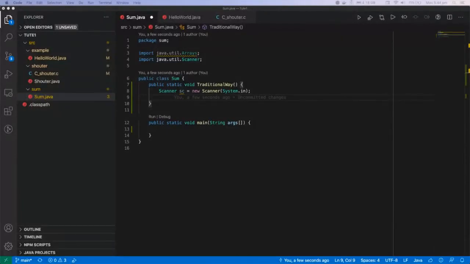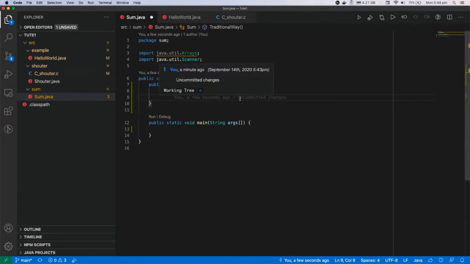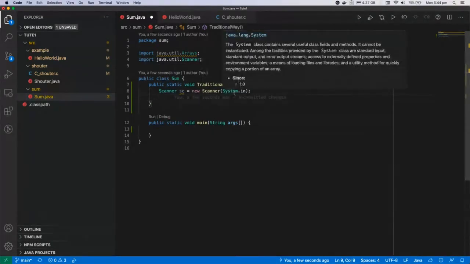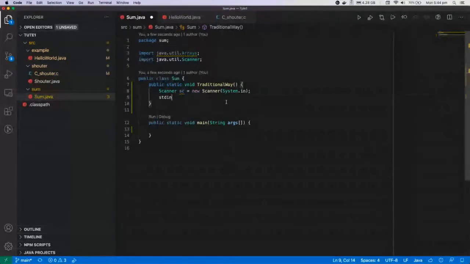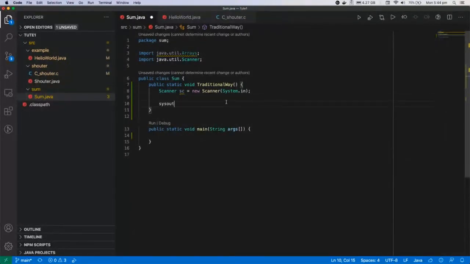Once you've started to scan in, and once you've actually fulfilled that interface, we don't care. That's the whole point. So System.in is the same thing as stdin. Okay, let's run